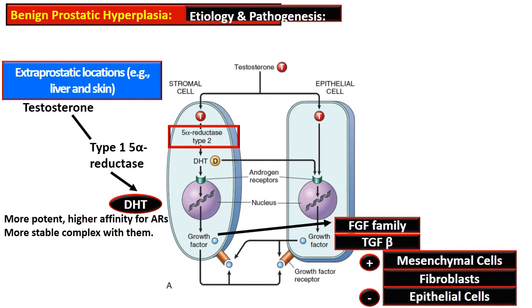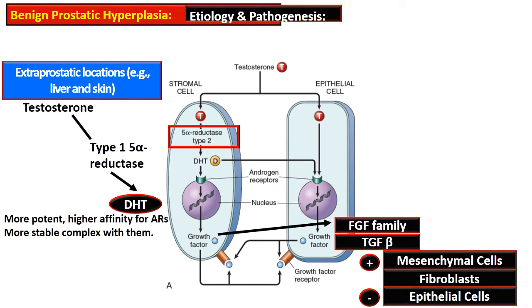Some are fibroblast growth factor family members and transforming growth factor beta. The transforming growth factor beta is produced by the stromal cells, and it has influence in this microenvironment and has paracrine regulation of the androgen stimulated epithelial cells,